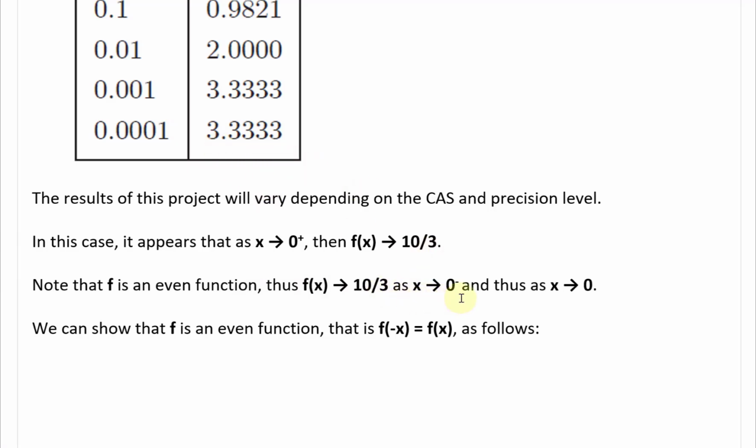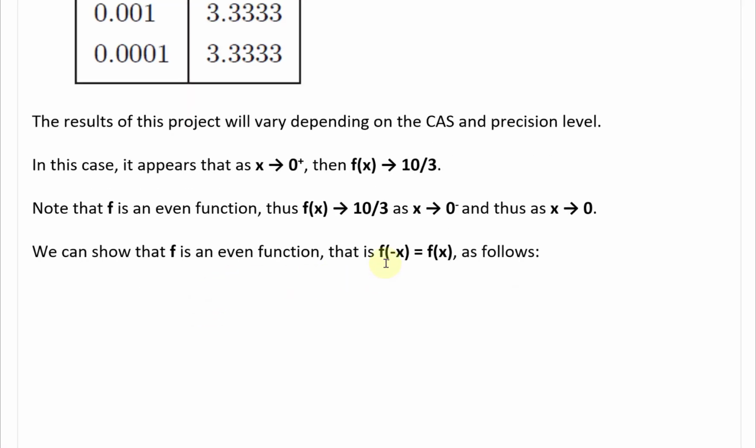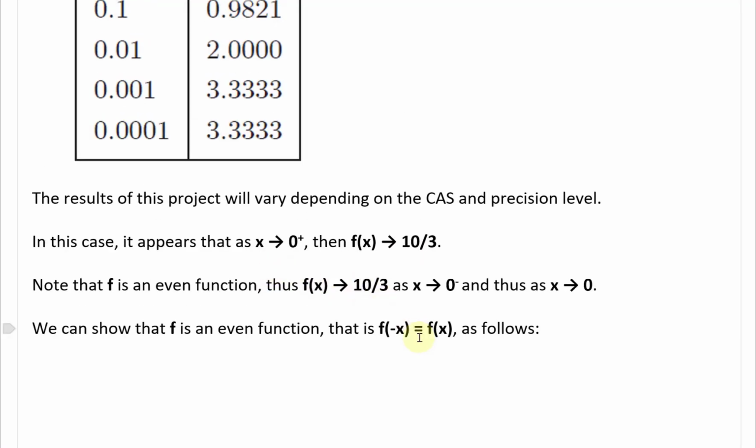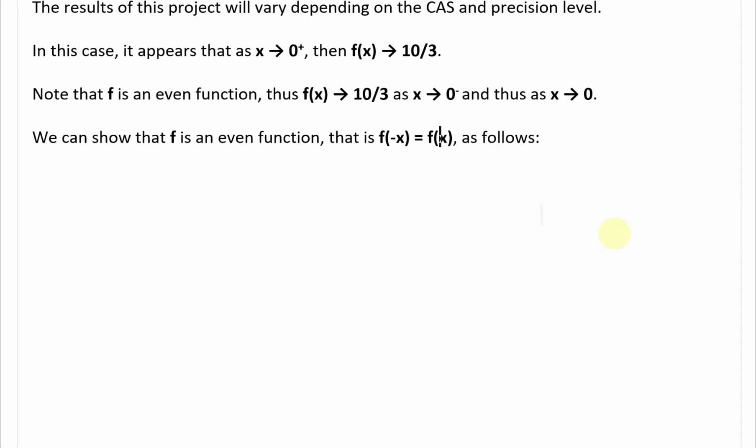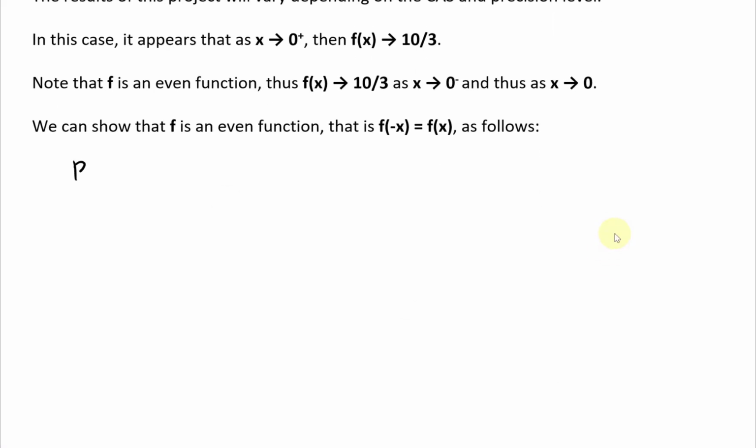As x approaches 0 from the left side, and thus as x approaches 0 from either side, left or right. We can show that f is an even function, that is f of -x equals f of x, so it's the same thing on the left side, the negative side, as the positive side, as follows. First, let's just recall a bunch of stuff, and this is just for reference. So recall